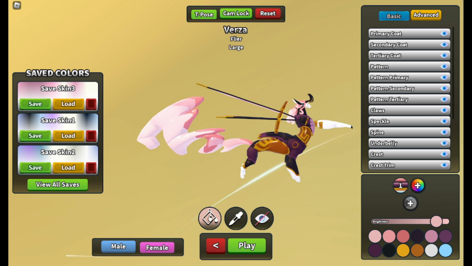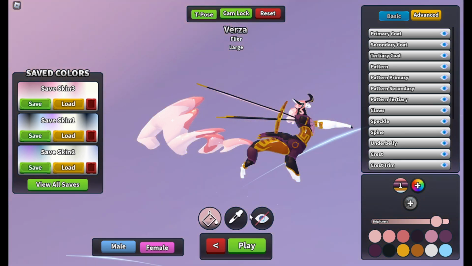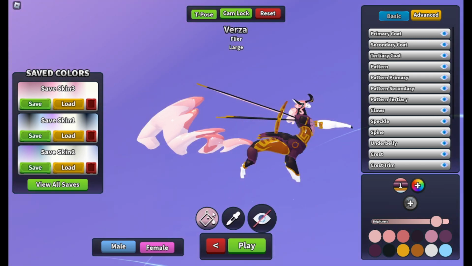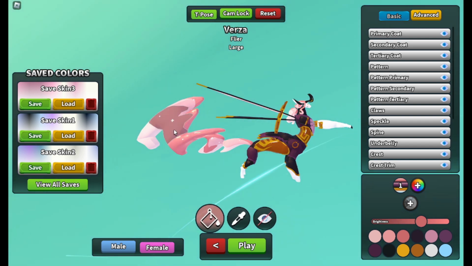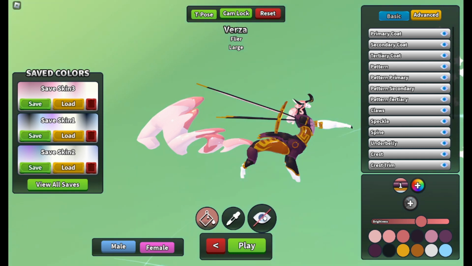Then we have our three big buttons at the bottom: the bucket, the eyedropper, and the eye with the little slash through it. The bucket fills the highlighted section. The eyedrop grabs you the color. Like, I could go like that. And the eye with the slash is